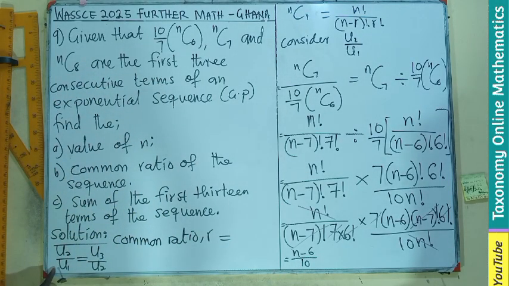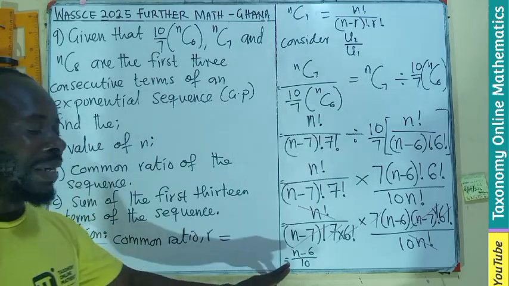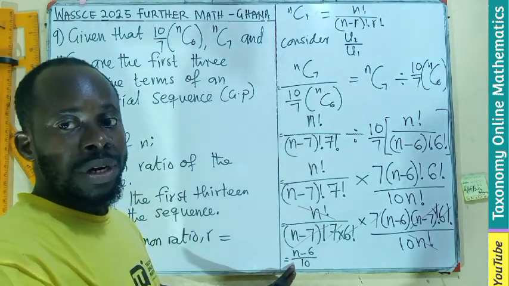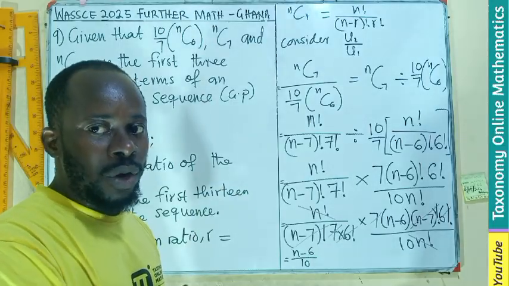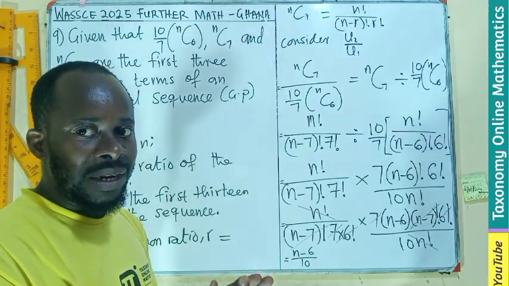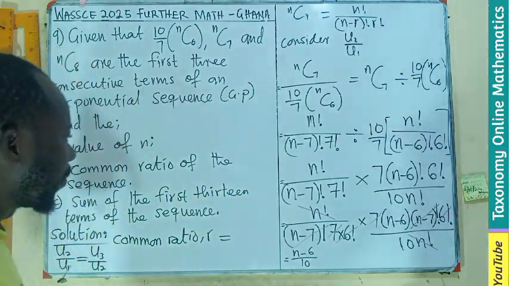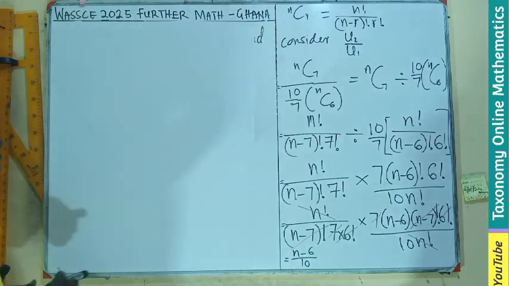Second term divided by the first term. So we had this. If we were to do them concurrently, this will be equal to the next one, then your value of n will be found instantly. Alright, so let's see what the second step will be. So let's move on to